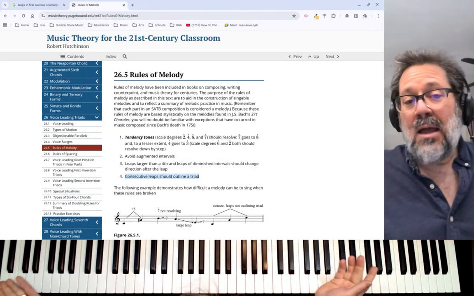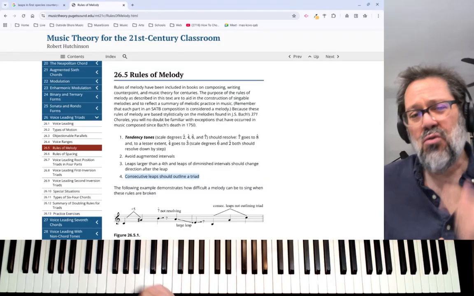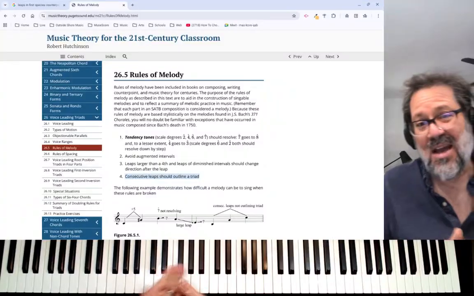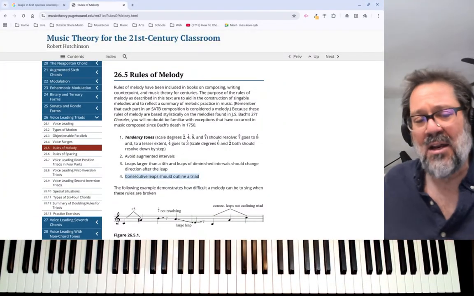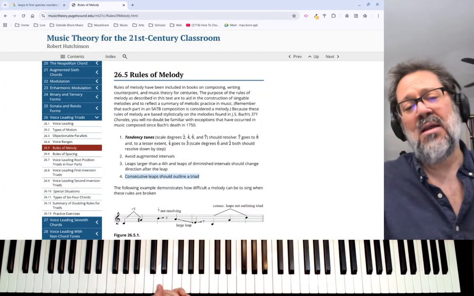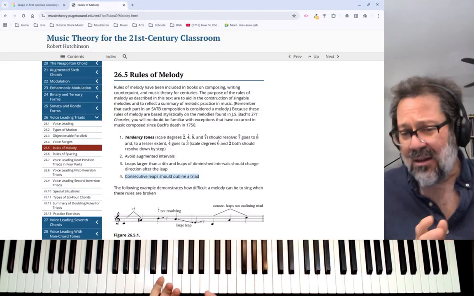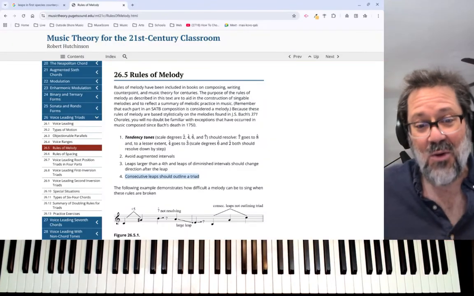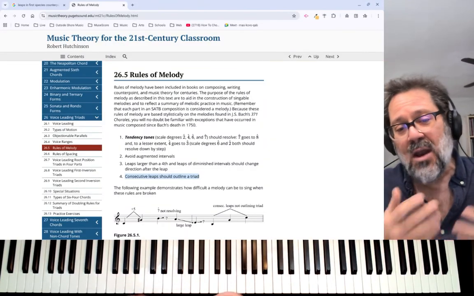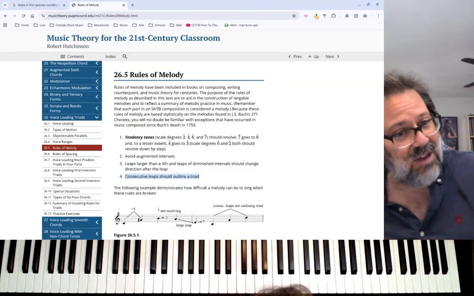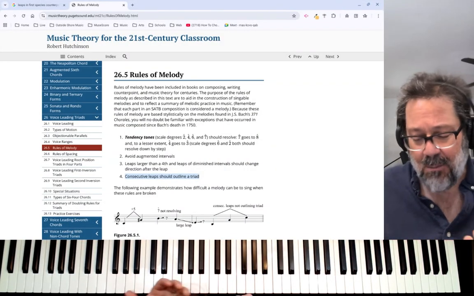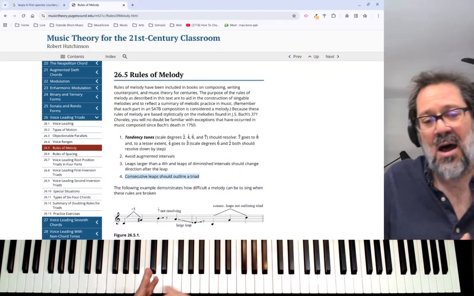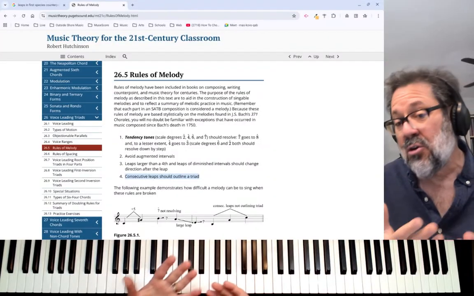So, is this something that you can use right away? Well, if you weren't aware of that little principle that says if you're going to have two leaps in a row, maybe have it outline a triad, yeah. If you weren't aware of it, now it's something to be aware of. But like all rules, it's not one that says you must do this or you go to jail. It's one that says do this if you want to have a certain type of consonant sound to what you do. But there's any number of melodies out there that are really built on creating a more angular sound where maybe we have